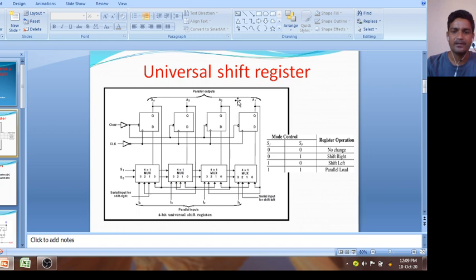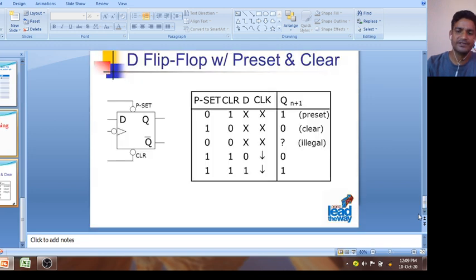Before explaining this, I want to tell you there are more features, and there are two inputs along with your normal inputs. In all flip flops there are two inputs, preset and clear. Okay, this is very important. Till now I did not tell you there are two pins, preset and clear. In a normal flip flop there are two pins, preset and clear.